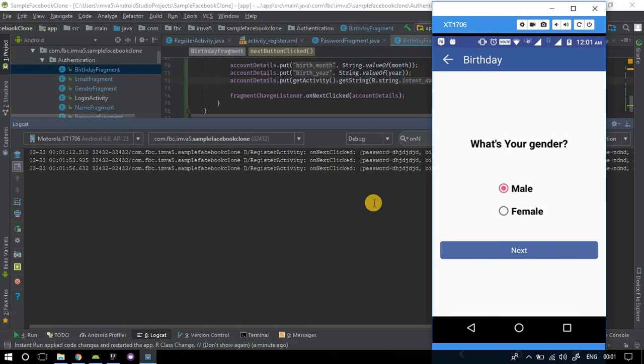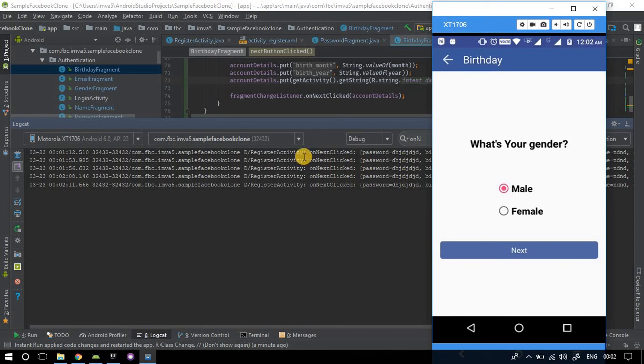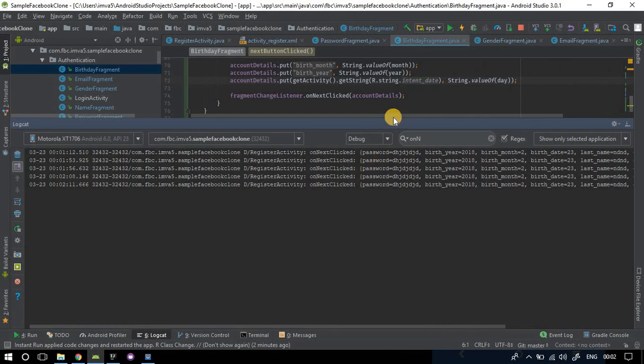Whenever I go back, the toolbar title does not change. And this thing, when I click on next, nothing happens. It is stuck with this